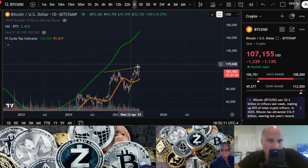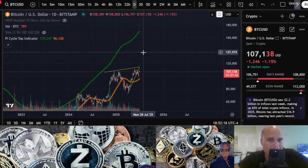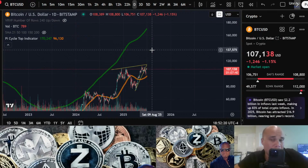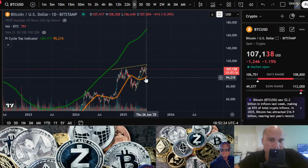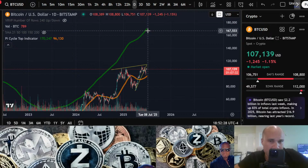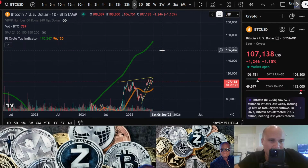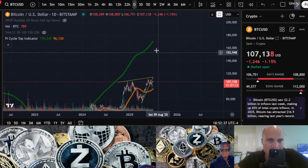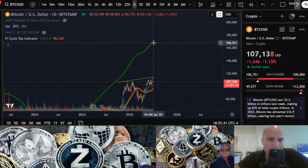Okay? And this Pi Cycle indicator has been spot on, usually within the very week that Bitcoin tops out. So I don't think Bitcoin's topping out this week, mainly because this Pi Cycle indicator, the orange line, is so far below the green line right now. We need more explosive price action to the upside just to get us to even consider this being the top of Bitcoin. And if that was to happen literally today or tomorrow, then we need to see Bitcoin get